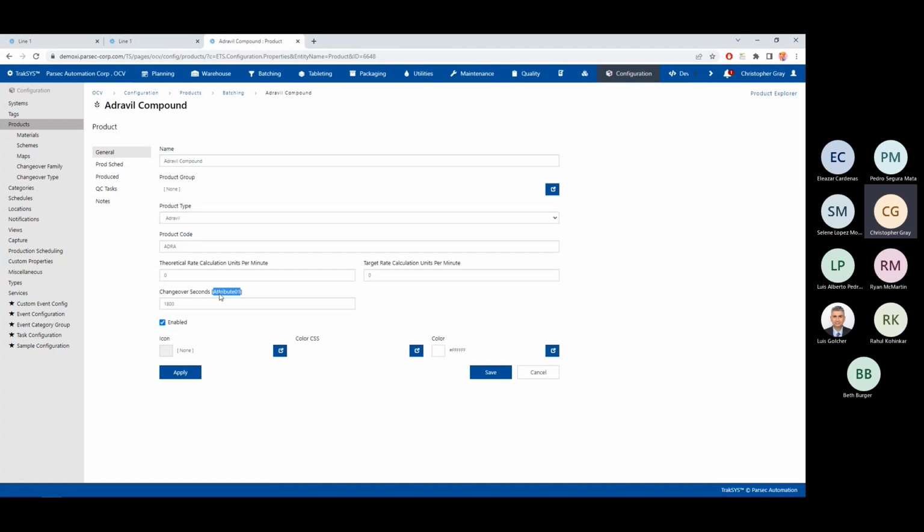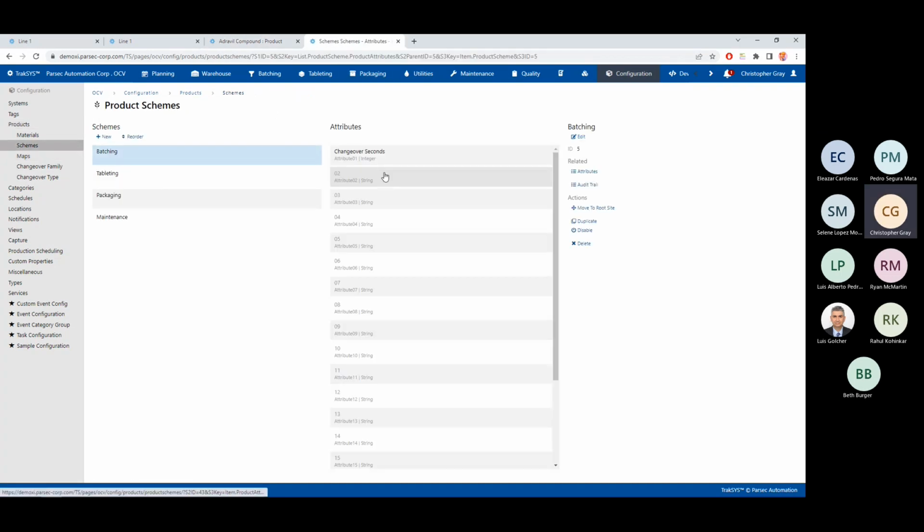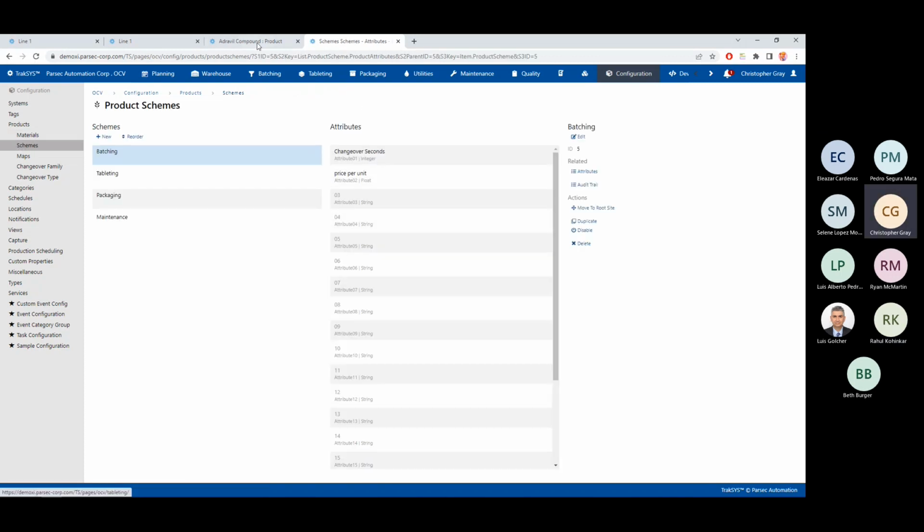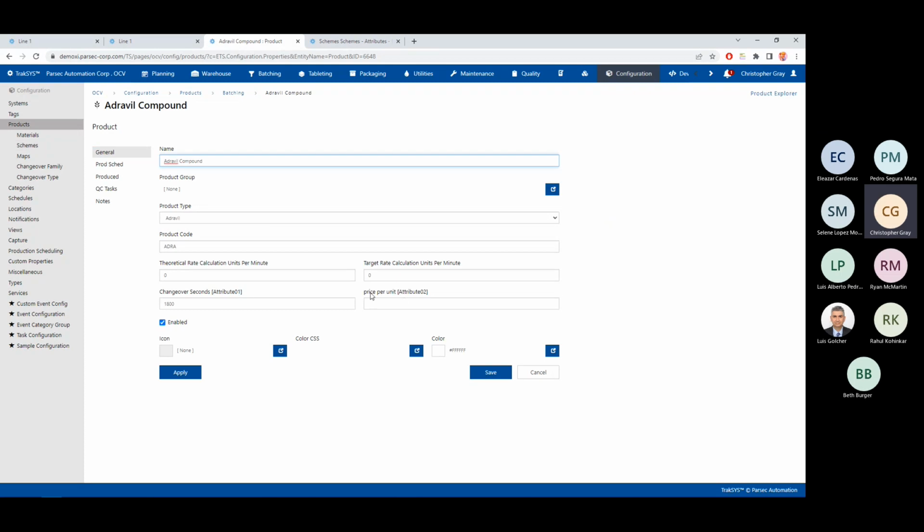So for a lot of our materials, a lot of our entities, products is a very common one, we have what we call attribute fields that are built in. Our entities have these fields where they can be enabled or disabled. So an example here, I only have one that is being shown, but I can take these and I can actually say, I need another field in the database. I need a price per unit. And if I enable that and set it, then when I refresh, you'll see price per unit is